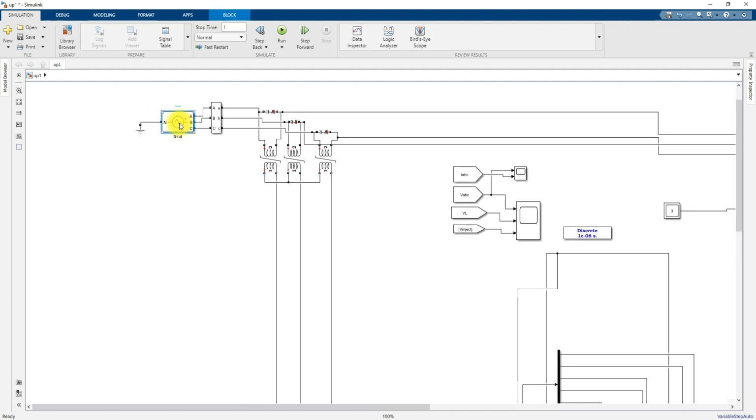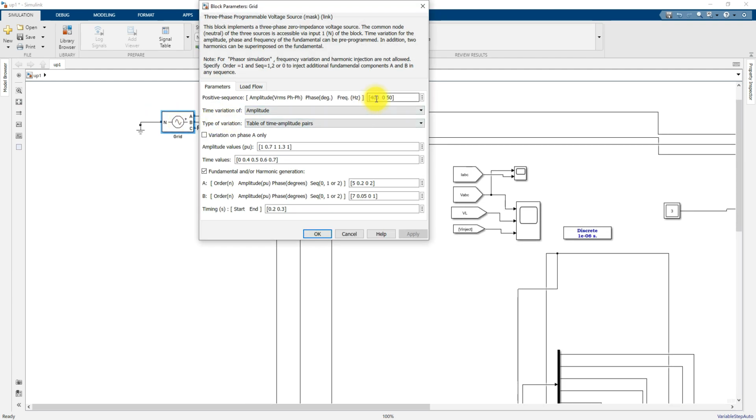We have the grid source. Grid source voltage is 400 volt, 50 hertz, and here we have created the sag. Here you can see that from 0.4 to 0.5 second we created the voltage amplitude equal to 0.7. That means we are creating 0.3 per unit voltage sag, and then from 0.6 to 0.7 we are creating 1.3 per unit. That means we are creating 0.3 per unit for a voltage swell. And also here we are creating a harmonic in the grid source from 0.2 to 0.3 second. That means we are adding a fifth harmonic and seventh harmonic in the grid side,